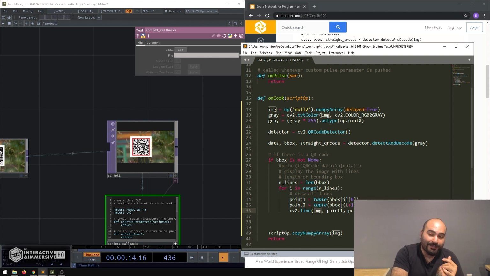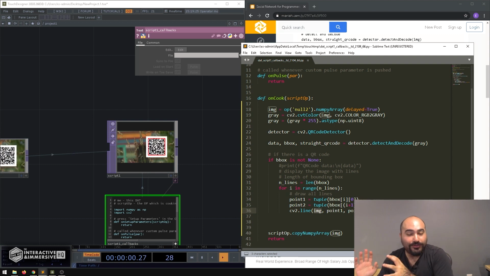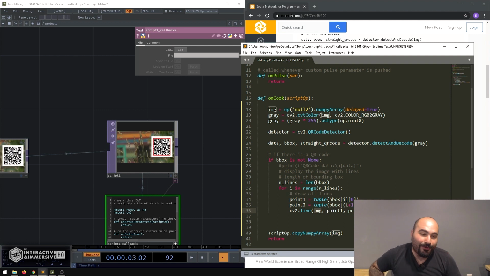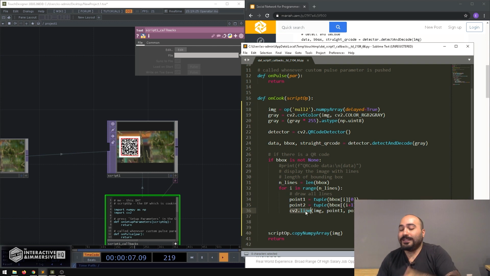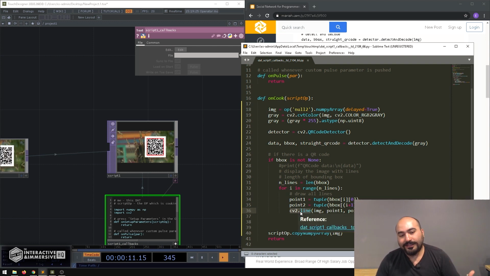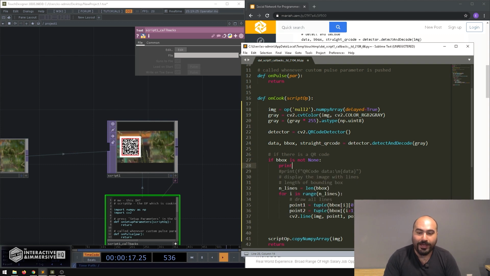Now, if you watched our last video where we're talking about pulling data out of these kinds of workflows and doing that drawing natively in Touch, we highly recommend going down that road, because if you start to draw a lot of things inside this Python context, the project is really quickly going to slow down, and you probably won't be getting the kind of drawings that you want anyways. You're better off exposing this data, which, for example, if we go ahead and just print bbox a few times,